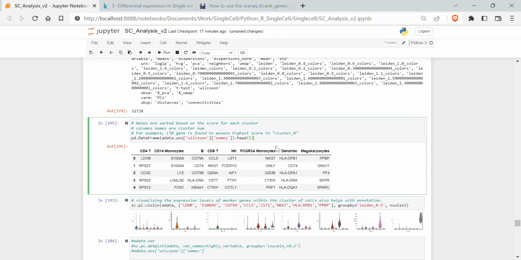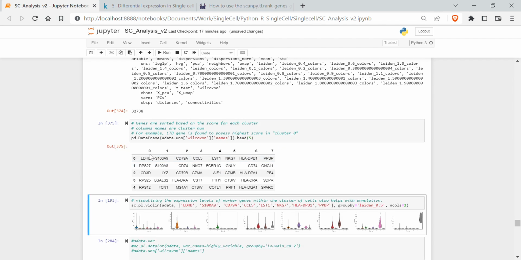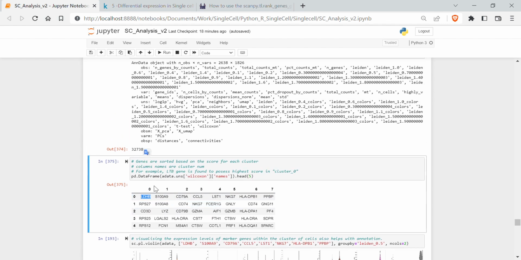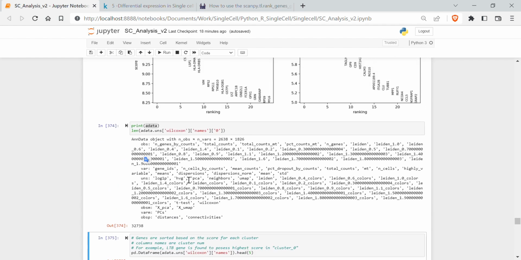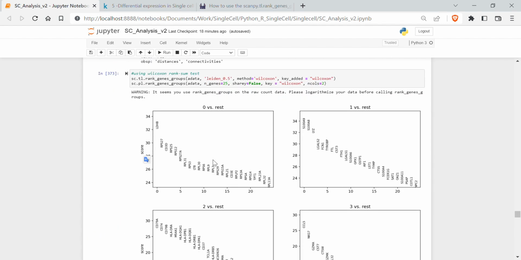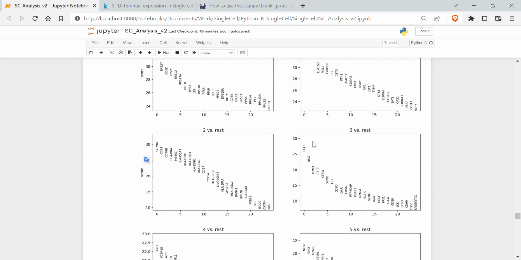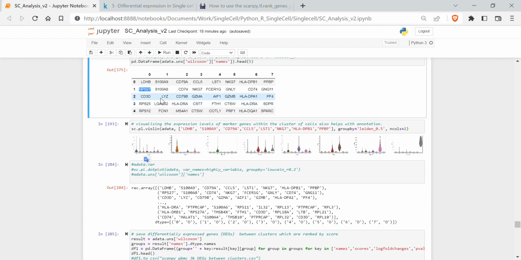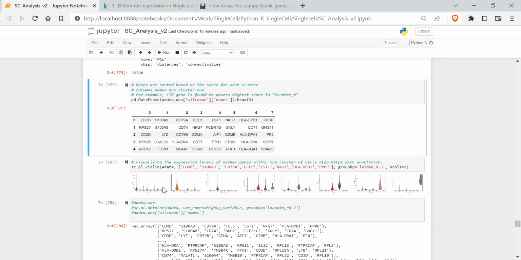I've just created a data frame. In this data frame, we can see the cluster numbers, and for each cluster number, this is the top gene. LDHB is the top gene here, and RPS27 is the second one. You can see in cluster 0, LDHB is the top gene, RPS27 is the second top gene. Similarly, for each of the clusters, we have created a table here. So we basically have to choose the genes from this table. These are the marker genes,